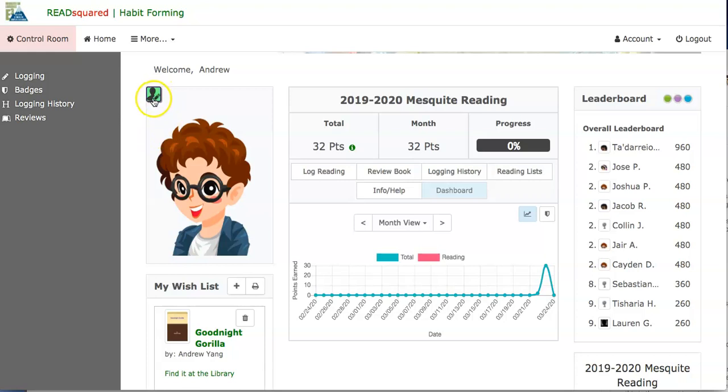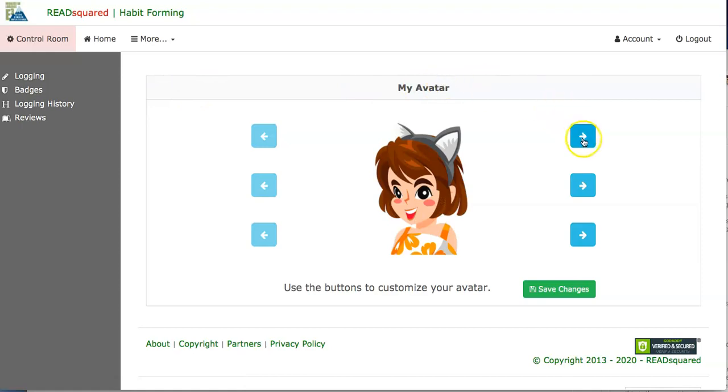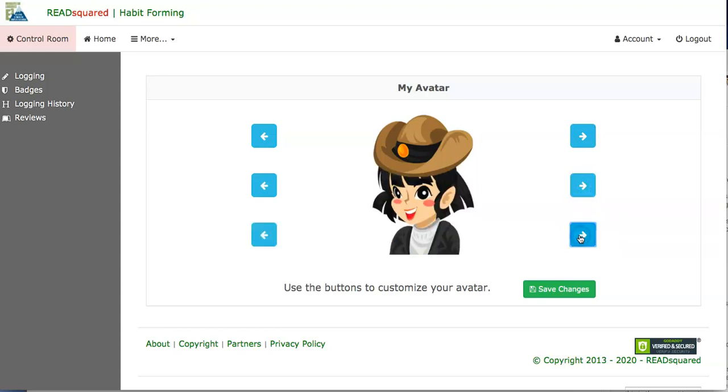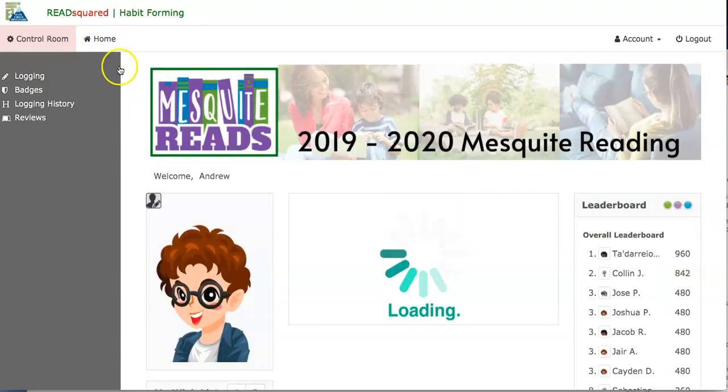The student can click on the pencil and the person icon to come in and change their avatar. They can change the accessories, the clothing, and they can change the face of the avatar. And there are a wide variety of faces to choose from for students. Then they would click Save Changes. I don't want to change this student's avatar, so we'll just click on Home to go back to the main